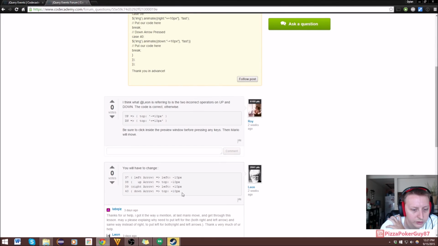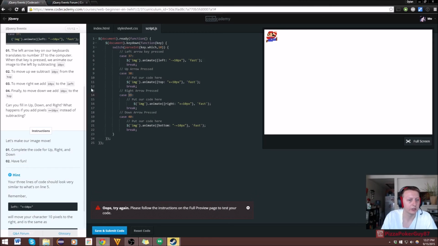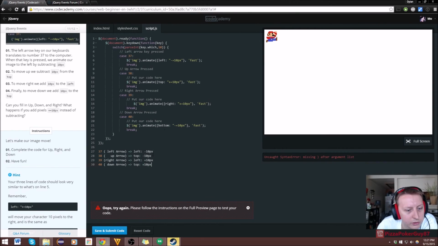We'll have to change 37, left arrow. Let's see here. Did we have that correct? I believe we do. So our left arrow is minus 10px. Our top is minus. So this needs to be minus 10px. Oh, okay, so we're doing left and right instead of